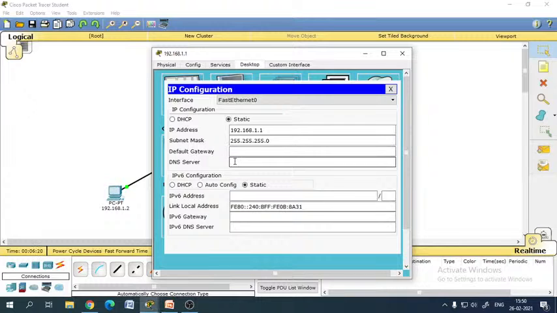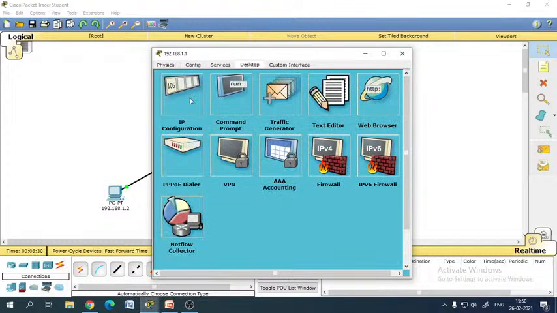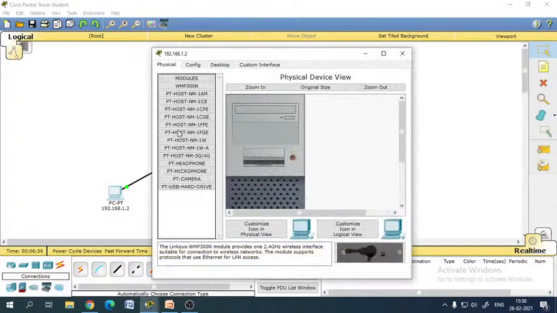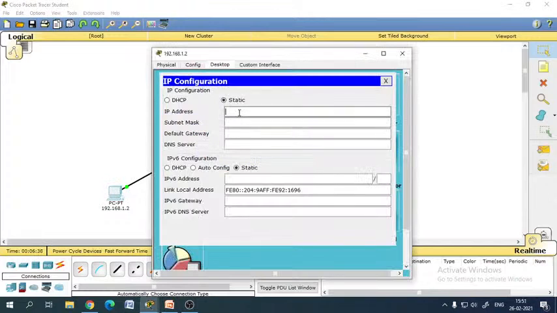Here we will not be putting anything on the default gateway, but rather we will put a value on 192.168.1.1, the same address that we have used for the IP address. Okay, so we have not changed anything. Then for the second computer it will be 192.168.1.2, and the DNS server will be